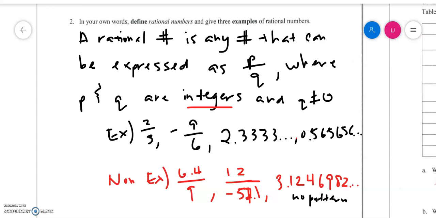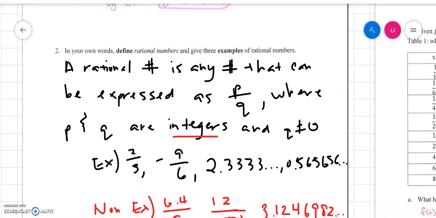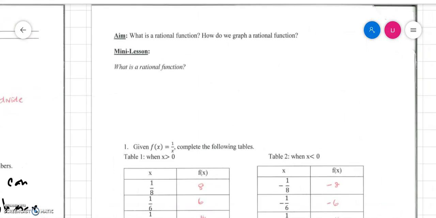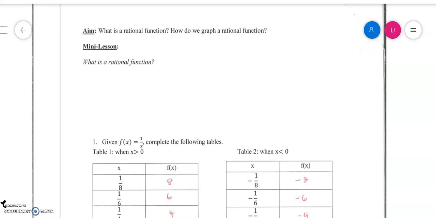All right. So now that we know what a rational number is, we can actually have the definition for a rational function. It's a very similar definition. So a rational function is a function of the form